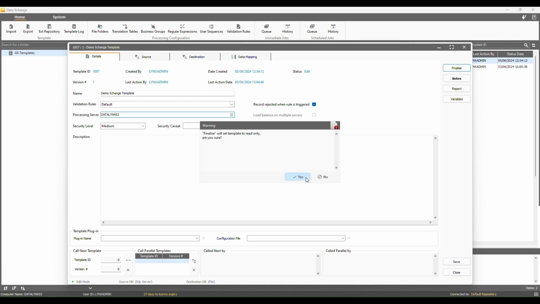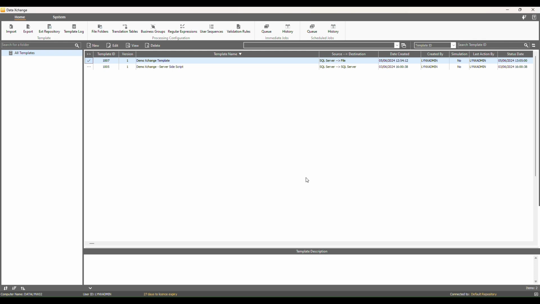Upon finalization, you'll notice that the first template displays a tick mark instead of three dots. This indicates that the template has been finalized and is now in a read-only state, making it inaccessible for further edits. If you wish to make changes to a finalized template, you must create a new version by double-clicking on